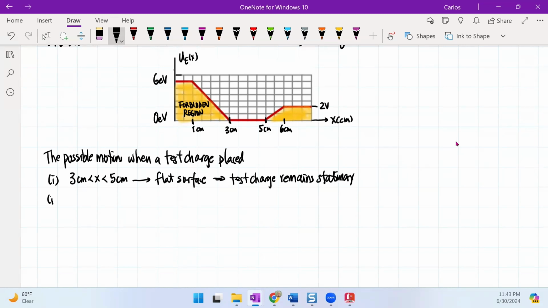So now if I go to the next piece that I want to look at, I want to look at what happens if I was to place it at x equal to 2 centimeters. So if I look at x equal to 2, you could imagine here that I'm going to put it right here, and it's going to be right on the incline. So if I put it right on the incline, it can't stay there. So at x equal to 2 centimeters, we'll find here is that it will oscillate between,